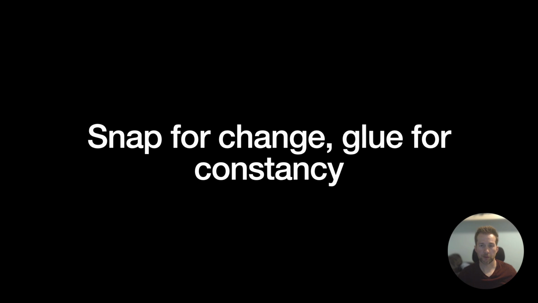A principle that can help you remember the trade-offs between flexibility and continuity is snap for change, glue for constancy. The amount of coupling you use very much depends on how much you want or expect the system to change. If your system is changing all the time and it's evolving all the time, like most software projects I've worked on, then low coupling pieces help you a lot. If you don't want the pieces to change, or the people you're serving don't want them to change, or you're just working on a type of project where things don't change very much, then high coupling is a great choice.